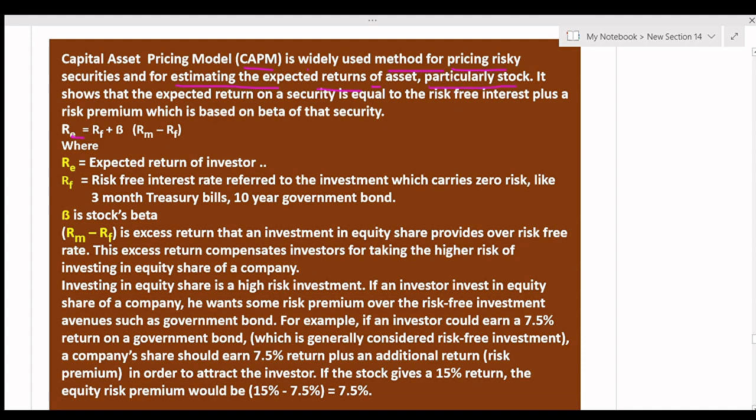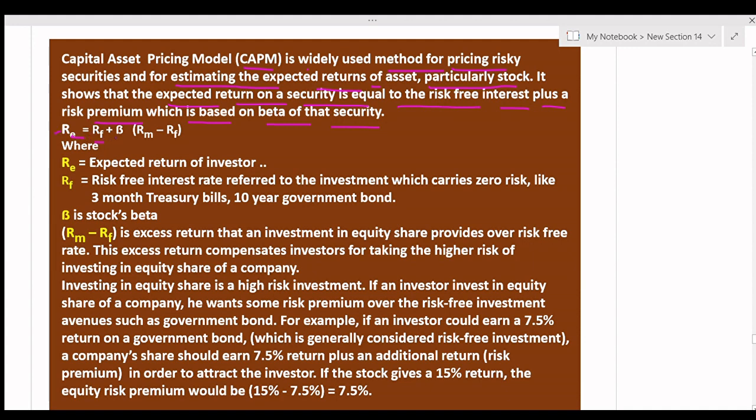It shows the expected return on security is equal to the risk-free interest plus risk premium, which is based on beta of that security. Here the equation is given: RE is equal to RF plus beta into RM minus RF,